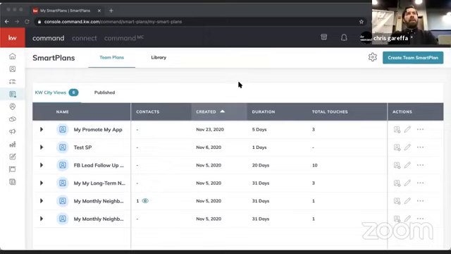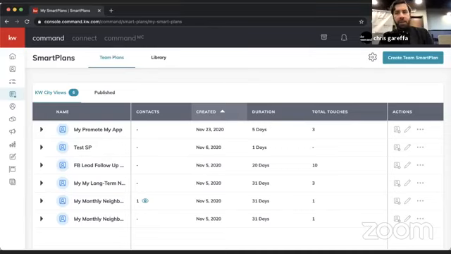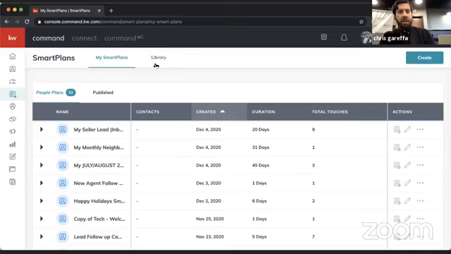Now, for me to get that set up, it's very simple. If I go under library, and I'm just going to switch out from my team account to my personal. If I go under library here,